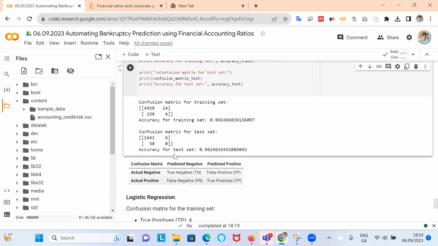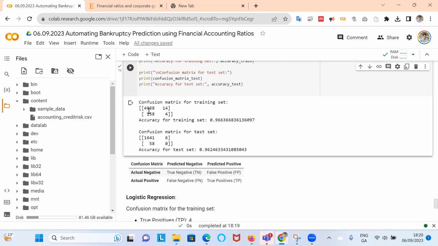To understand how we read the confusion matrix, it is set up in a way that it's basically comparing the fit against the true. So the predicted model results against the true. And then, for instance, here, this 4 represents in the training data, we predicted that there were 4 bankruptcies, and they were actually true.